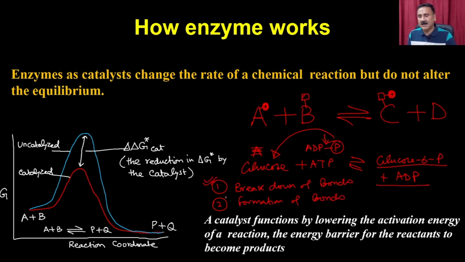Both of these events are associated with a high amount of energy, which means they require energy, so that the molecules have the ability to break the bond as well as the ability to form new bonds. So if you plot the amount of energy that is going to be developed,